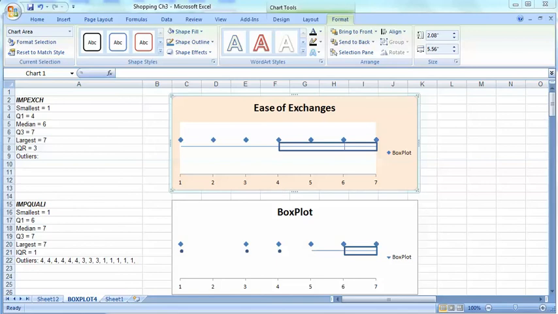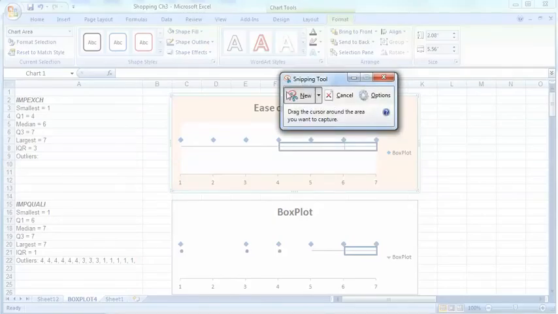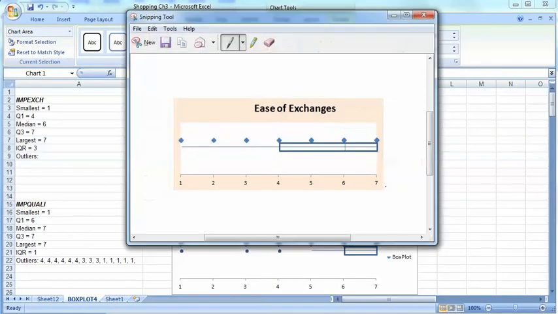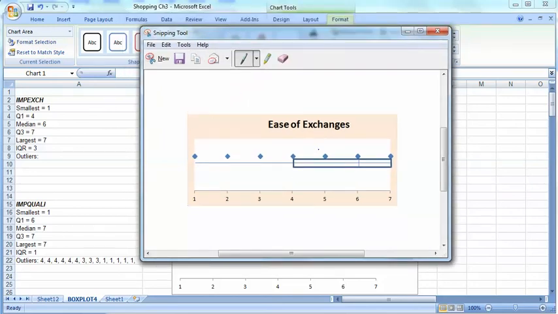Oopsie, didn't want that to happen. Go away. I click on my snip tool, and here it pops up. Snip tool says, drag the cursor on the area you want to capture. So I just take this little bullseye, sorry, crosshairs, and I say, I want that, because I don't need that stupid BoxPlot title. And look at that, the snip tool window pops up, and it says, you now have this, and I'm going to save that